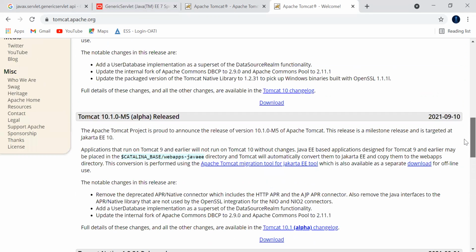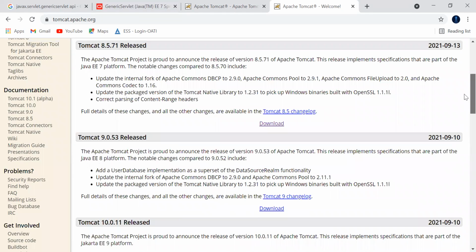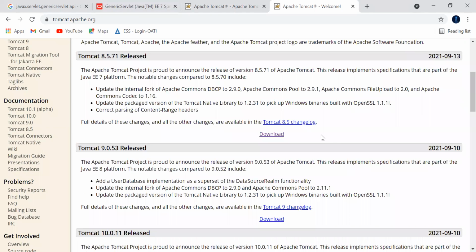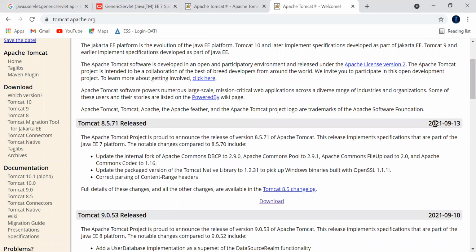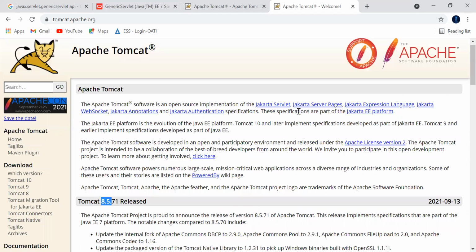Let's look at the Tomcat versions also. Tomcat 8.5.71 was released in 2021. But what is the latest version? We can see here.